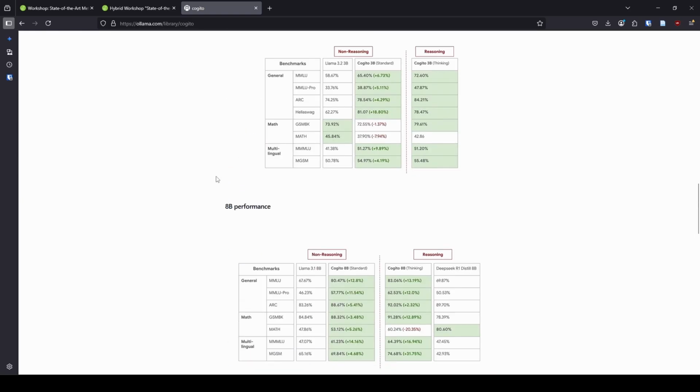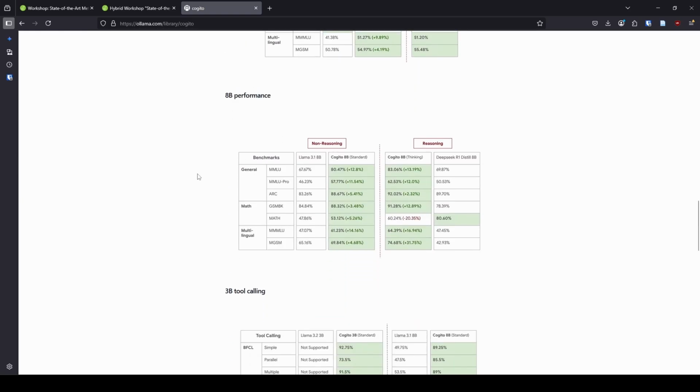So when I go down and look at benchmarks here, there's a couple things that I want to point out. Like I said, I started with the 8 billion parameter model, and the reason is because that tends to run really, really fast on my computer, and the benchmark scores were pretty good. You can see here they have the Llama 3 benchmarks, then they have the Cogito-based benchmarks. They also have the ones for the reasoning model here.